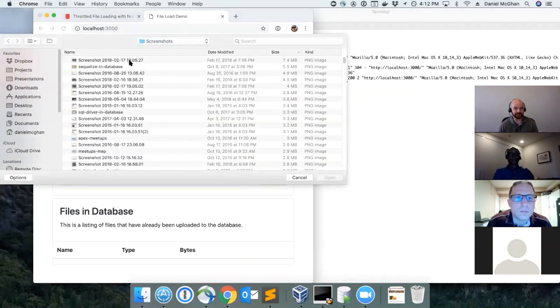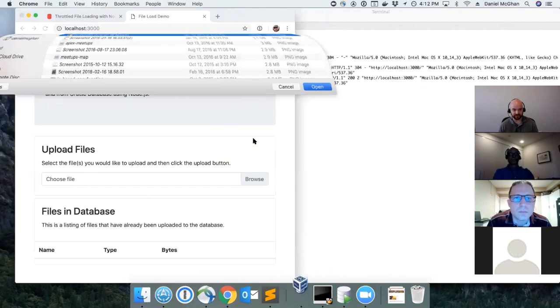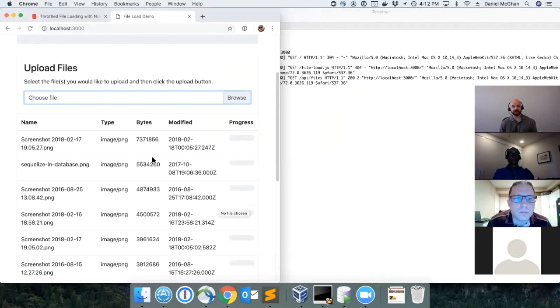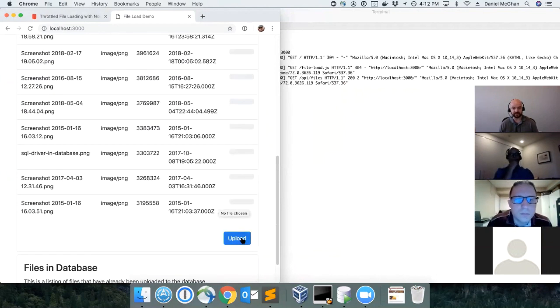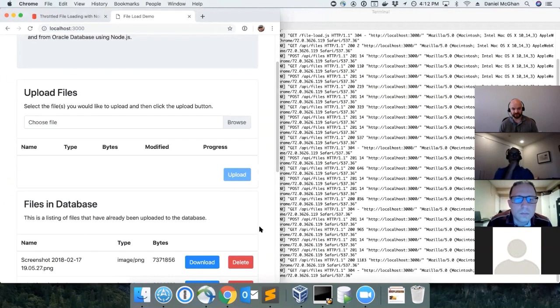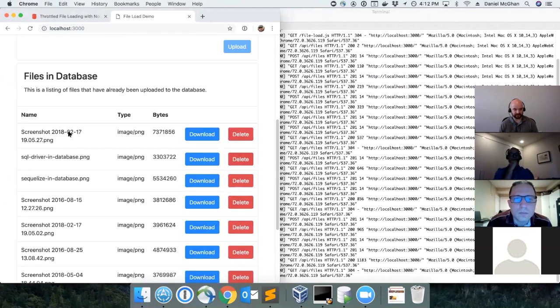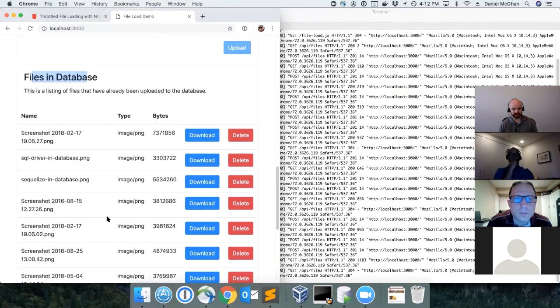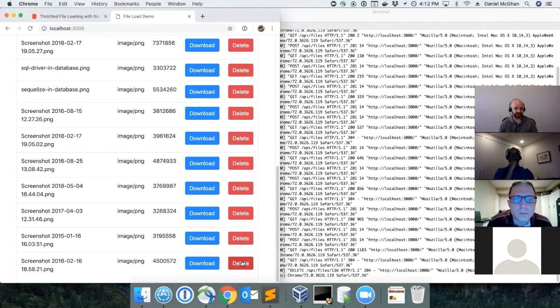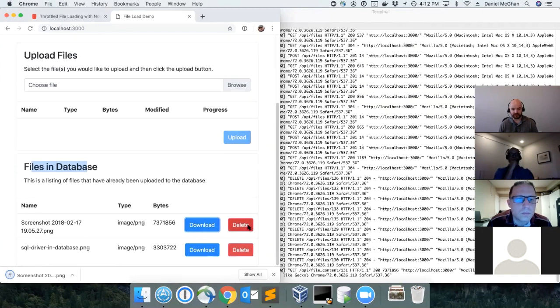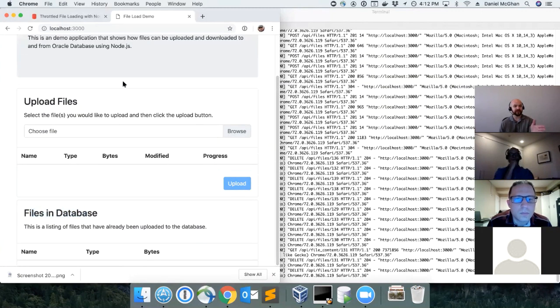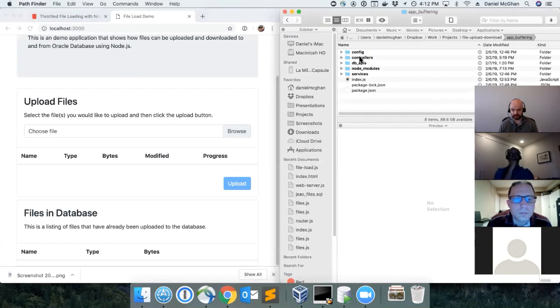select some files. I'm in my screenshots directory, and I'm sorted by size, selecting some of the bigger screenshots I have. So these are files now that I'm looking at here on the client side, and I want to upload them into my database. So I click this upload button, and we can see the progress of the files. Now they're all in the database, and we can see those reflected in the second region down here at the bottom. There's also download buttons, so I can download those back and view them if I want, but I'll just go ahead and delete them all. So that's the app, and what we're looking at now is sort of how that was put together.